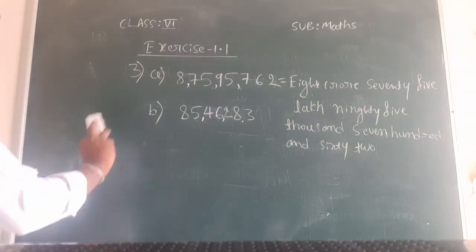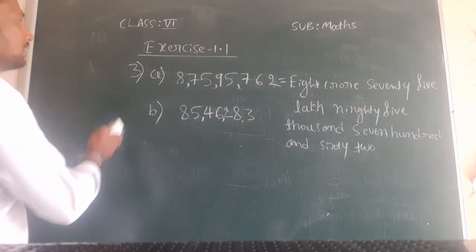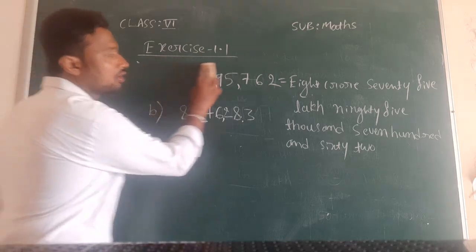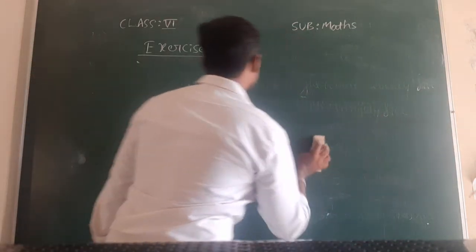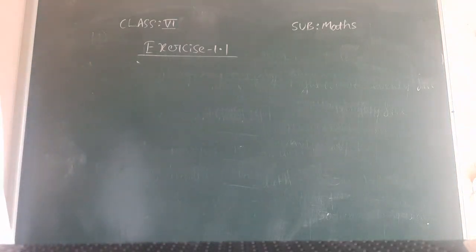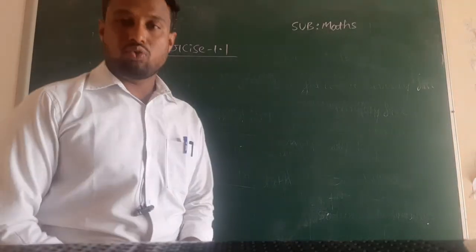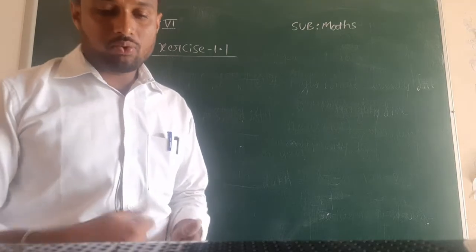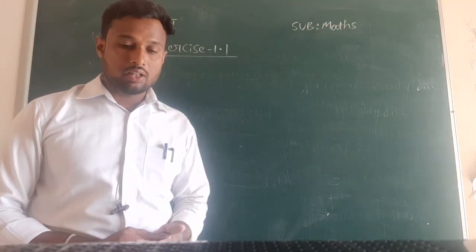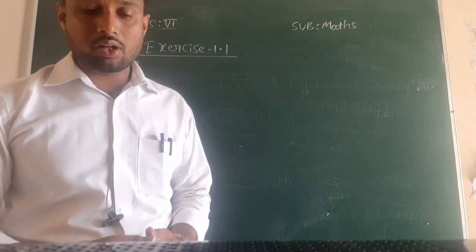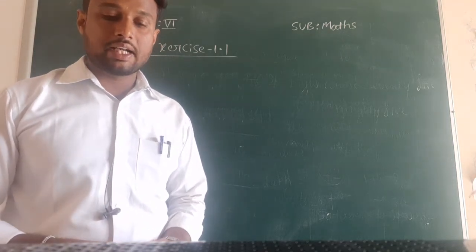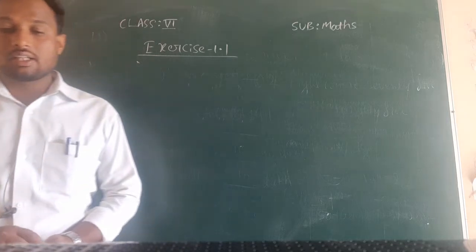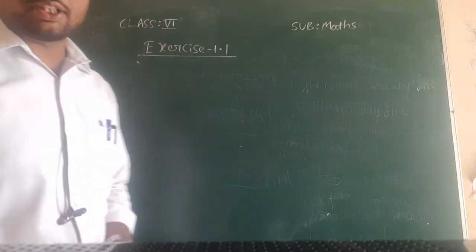Okay. Just pause this video, write the answer and solve the remaining two questions. Now, the fourth one. Here in the fourth question, again we have to insert commas suitably and write the names according to the international system of numeration. We just have to write the names according to the international system of numeration.